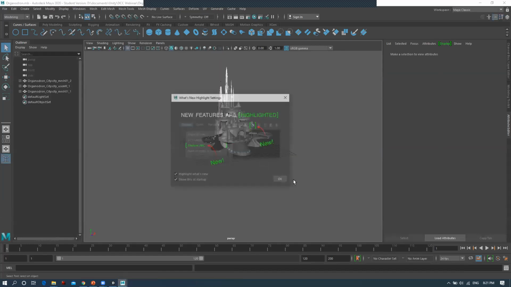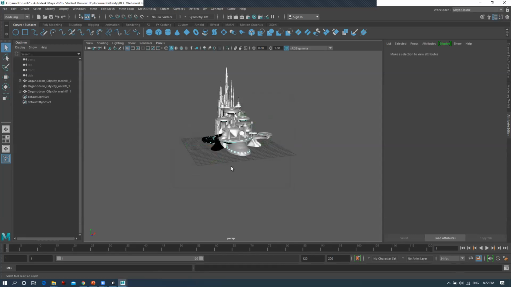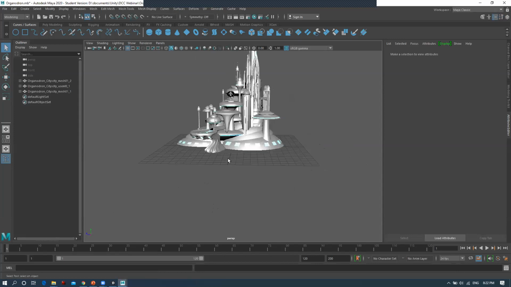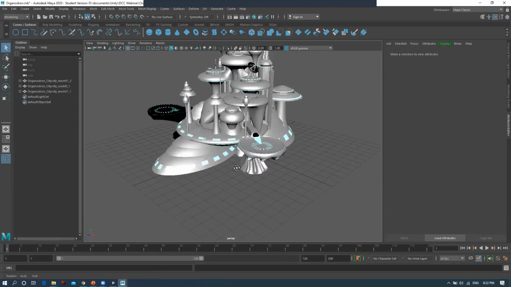So right now this is my scene, and this is the work that is there.